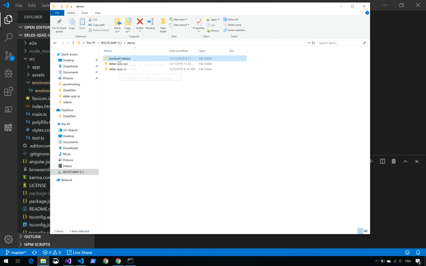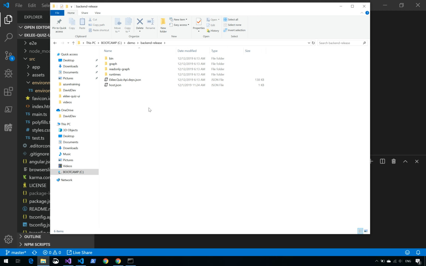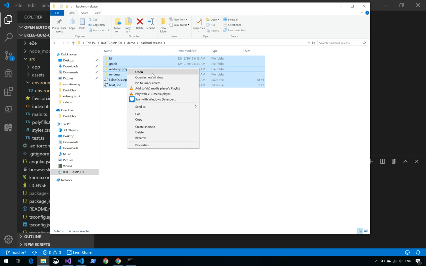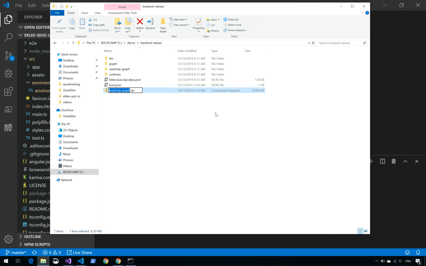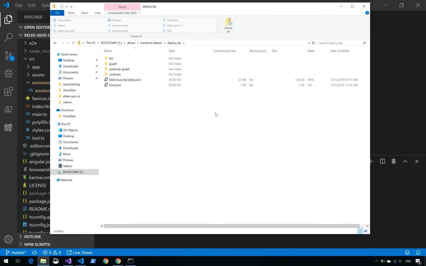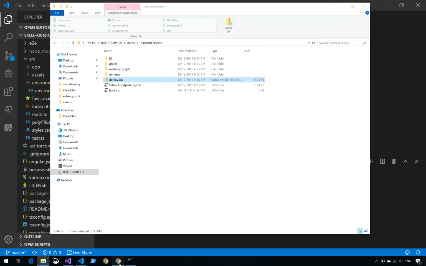So let's take a look at the backend release folder, and we can see the output for our build. What we're going to do here is take this build and zip it up. Essentially, we can just call it any name. I'm just going to call it deploy.zip. And if we go to the deploy.zip file, we can see all the different files and folders that we're wanting to release. So we'll now go back to the portal,